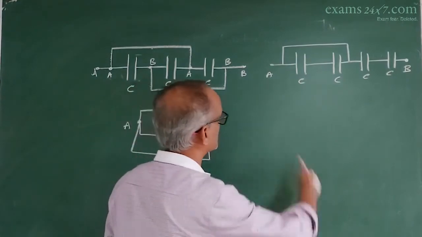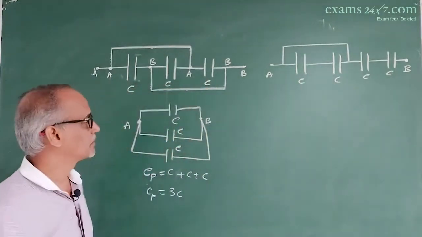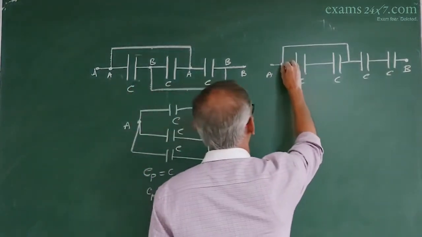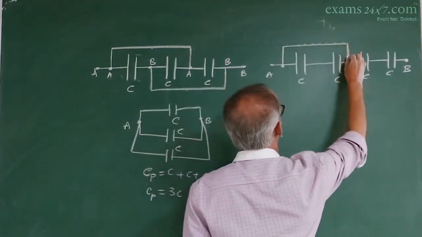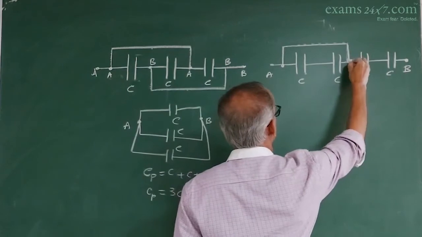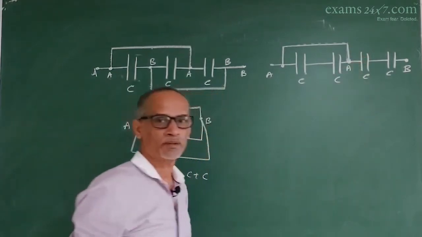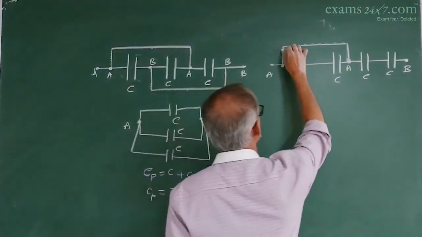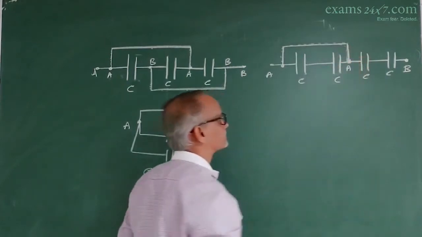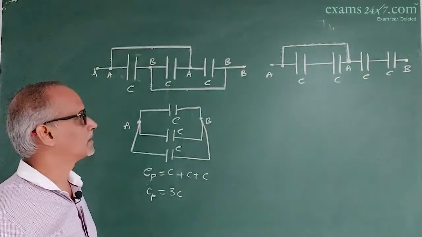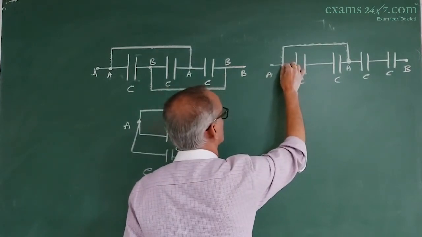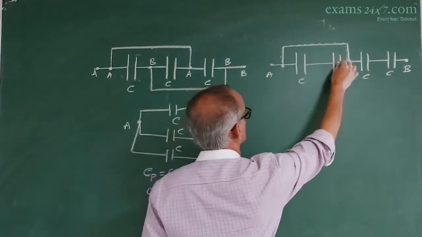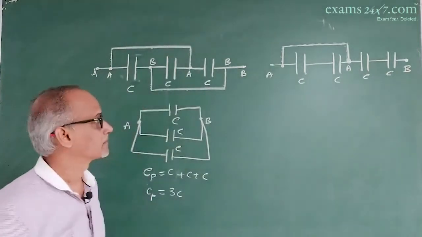Now in this combination, if this is a terminal A, so this has to be the terminal B. Sorry, this is also terminal A, because common points are identical. We call it as identical points. So now if I have to rearrange, these two capacitors are connected